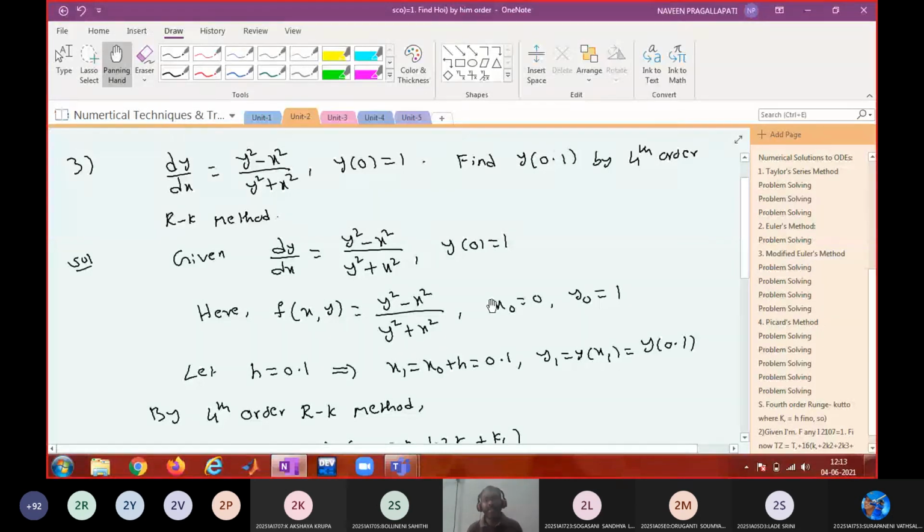What is the formula for the integrating factor for homogeneous differential equation? Do you remember? For M dx plus N dy equal to 0, if it is not exact, what is the integrating factor formula? You don't remember? 1 by mx plus ny. Am I right? So 1 by mx plus ny is the integrating factor. With that you multiply the differential equation, then the non-exact becomes exact. Once it is exact, apply the formula for the exact differential equation, find the general solution.